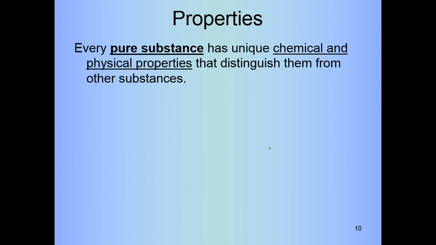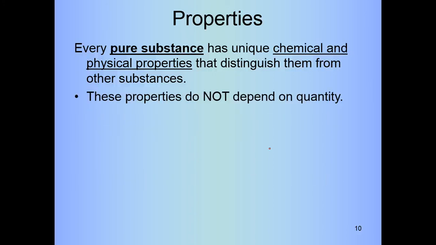Pure substances, which we'll define later on, have unique chemical and physical properties that distinguish them from other substances. They don't depend on quantity. There are what we call intensive properties and extensive properties. We're going to be talking about intensive properties. That means it doesn't matter how much I have. If I have a cup of it, or a gallon of it,